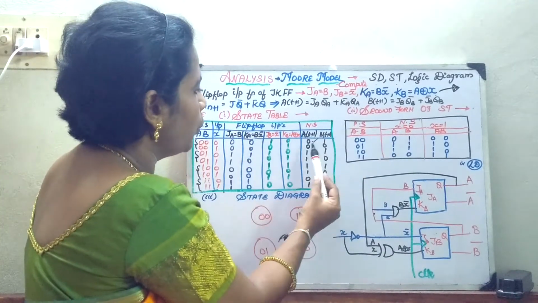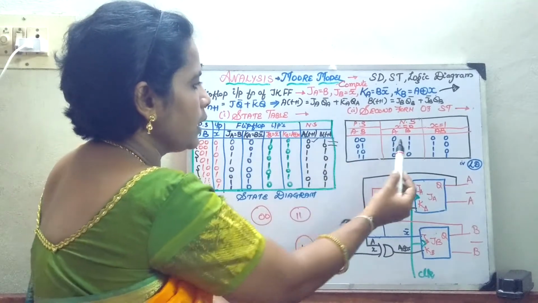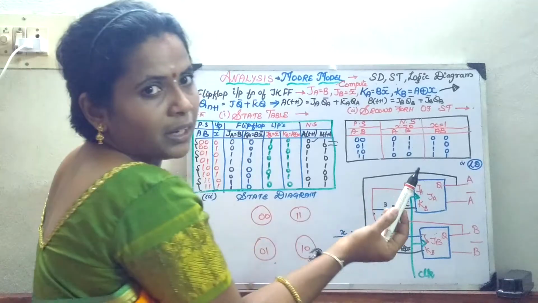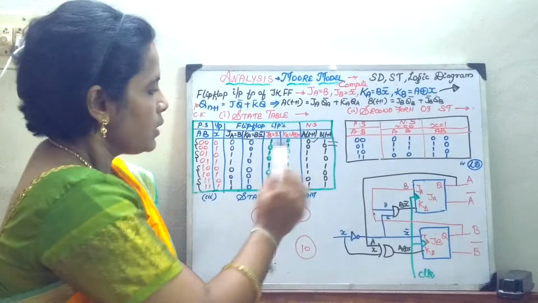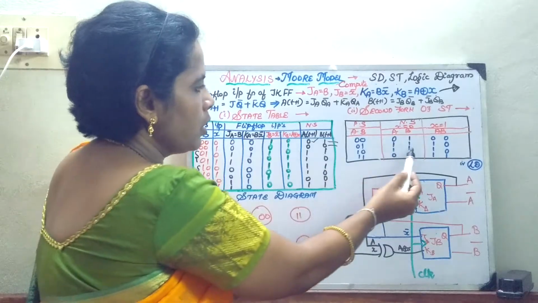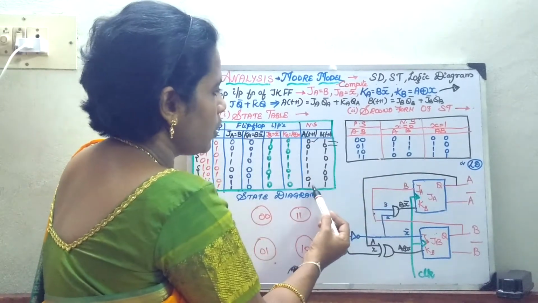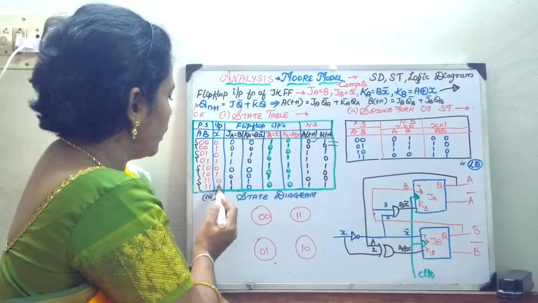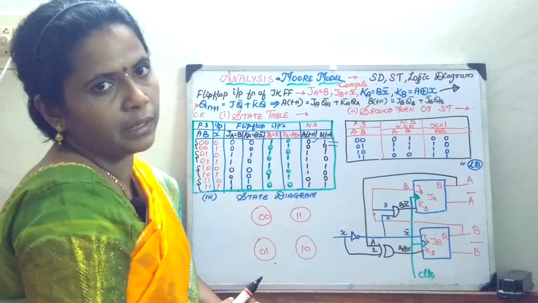So what will be my output? It is 0 1, 0 0. These two sets of data, 0 1 and 0 0, I am writing in parallel, that's all, when x is equal to 0 and x is equal to 1. In a similar way, 1 1, 1 0, 1 1, 1 0, then 0 0, 1 1. So when x is equal to 0 and x is equal to 1, you are just rewriting your table here.